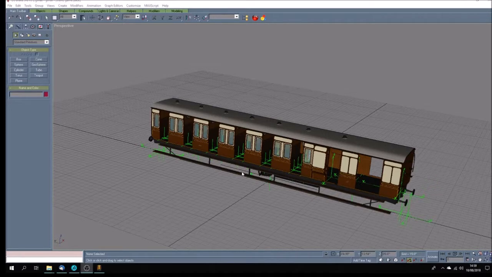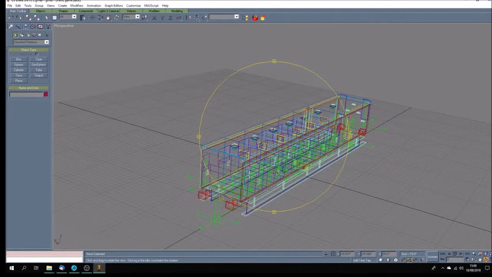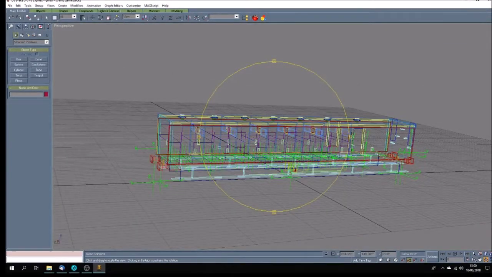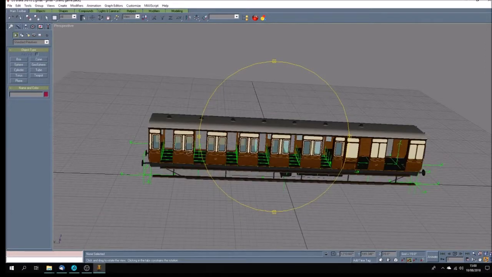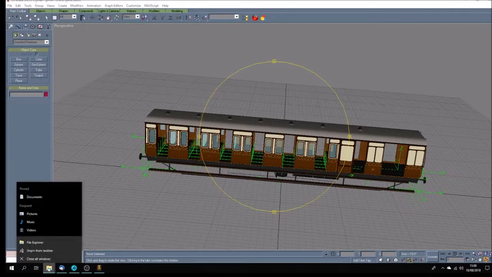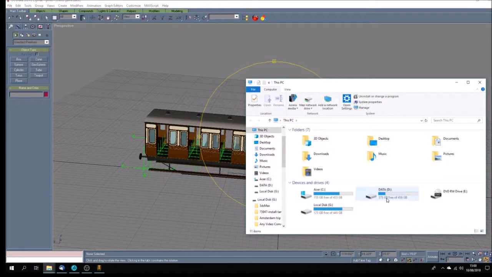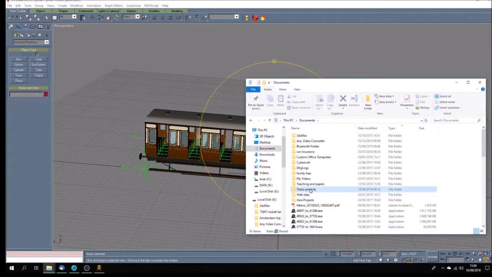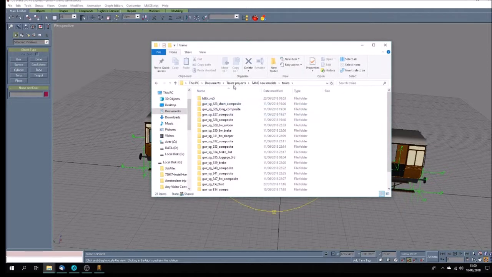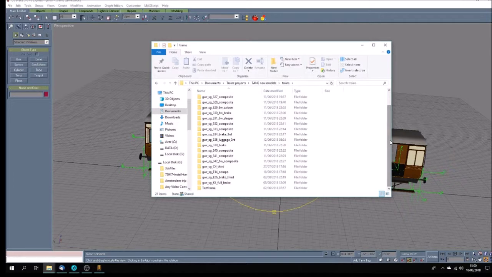This is the third video in the short series showing how I prepare one of my Great Western Railway carriage models, ready for exporting into Trainz. I just want to show you part of File Explorer and have a look in Trainz projects. Here we are. This is where I store them on my PC before I import them into Trainz